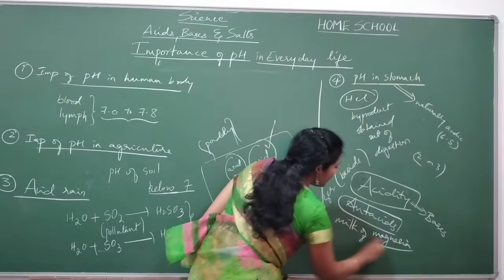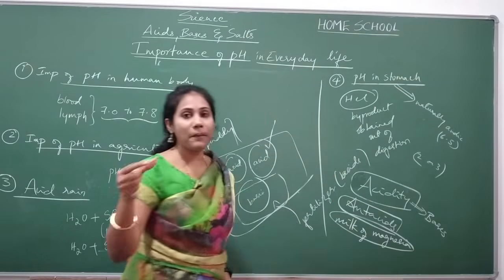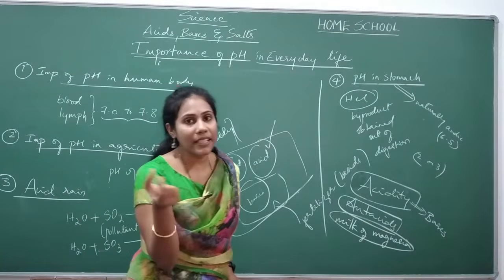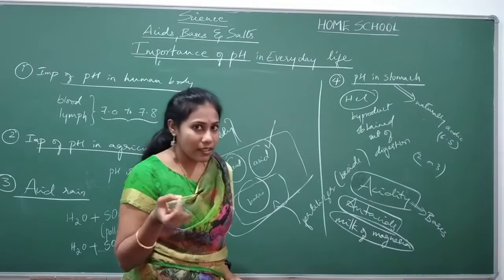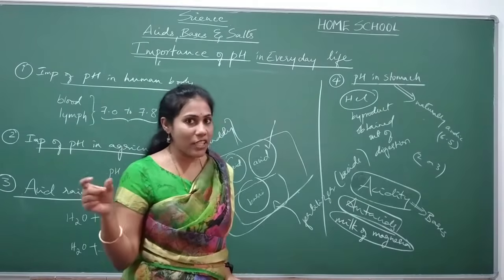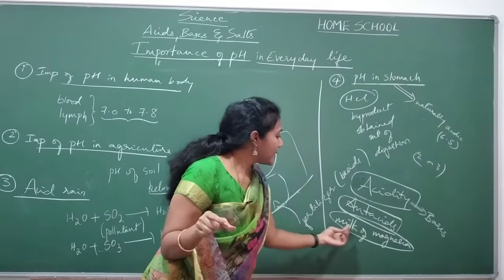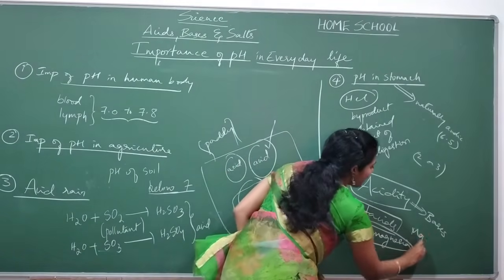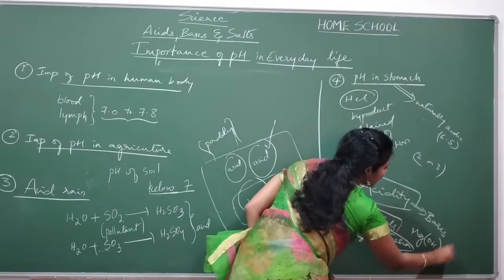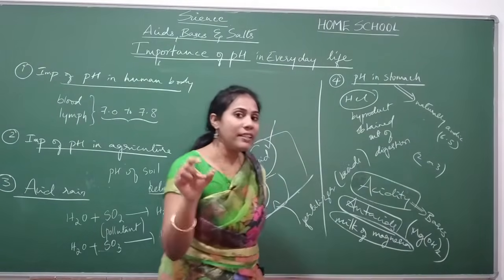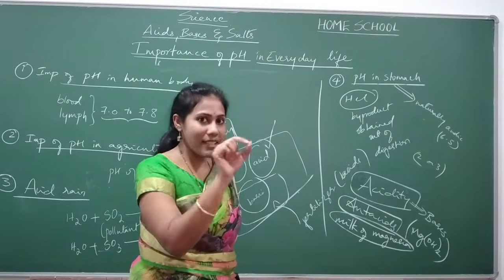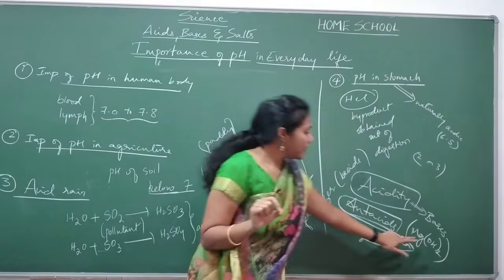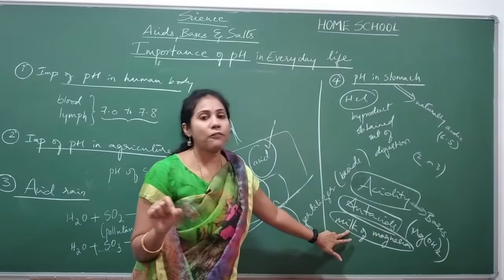That Gelusil, you get that pink color syrup, right? You must have observed at home, the grandparents and all will be taking that pink color syrup when they are suffering with acidity. We call it Gelusil. That Gelusil is nothing but, chemically, milk of magnesia, which is nothing but magnesium hydroxide. You can read the ingredients behind. So whenever you see that syrup now, just see the ingredients. It will be written magnesium hydroxide. Magnesium hydroxide is also called milk of magnesia.